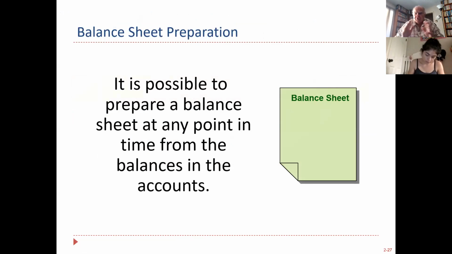So we just went through a few transactions here, and we're going to go into chapter 3 after this, get a little more detailed. Balance sheet. You can prepare a balance sheet anytime you want. You typically do it at month end. Companies don't necessarily look at financial statements during the month. They're monitoring how they're doing, but they're not doing statements every week, probably.